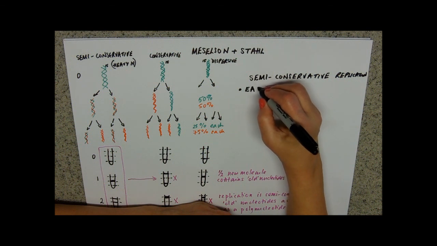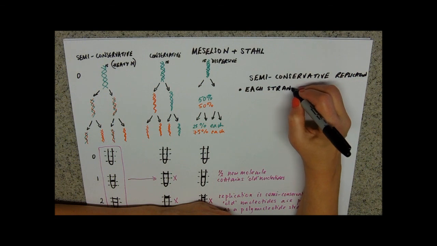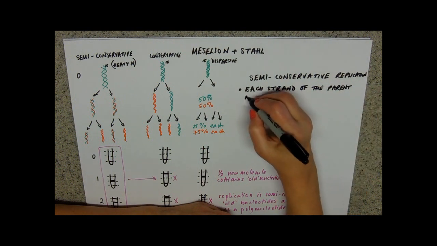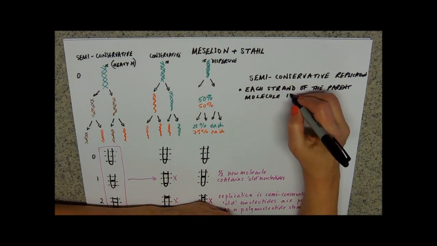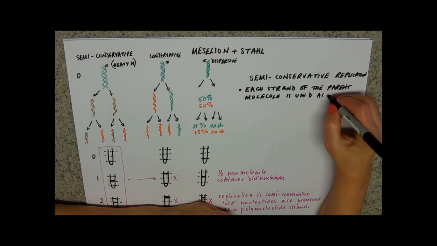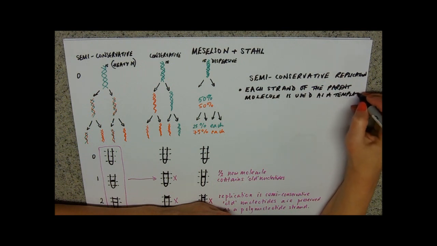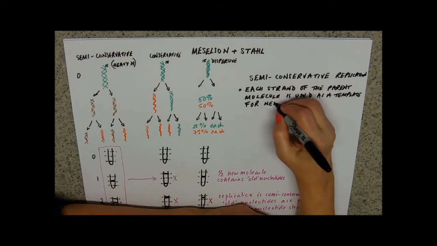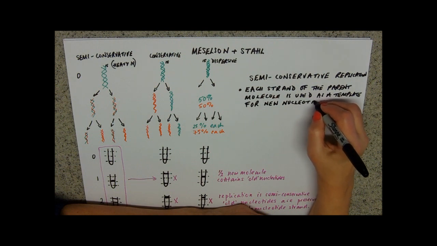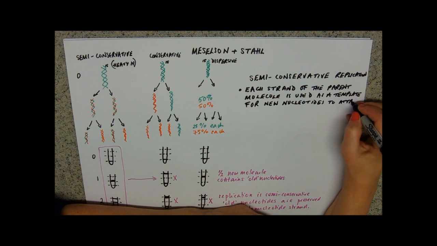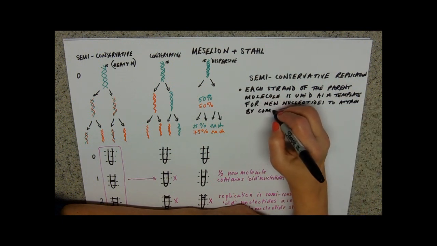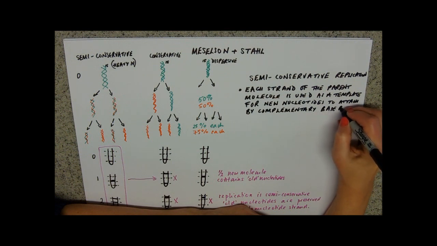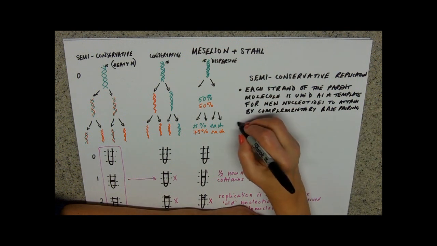So each strand of the parent molecule is used as a template for new nucleotides to attach by complementary base pairs. So that's the how,